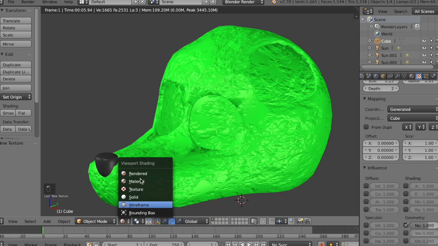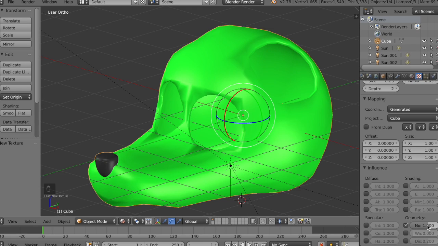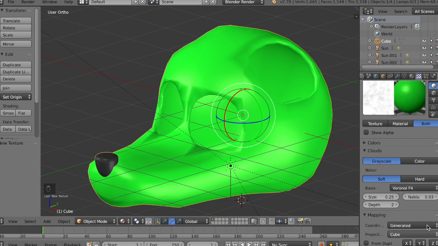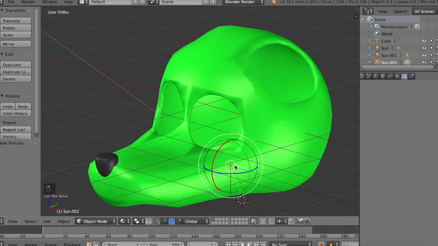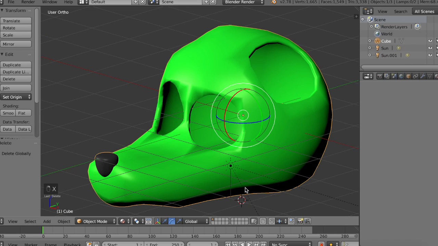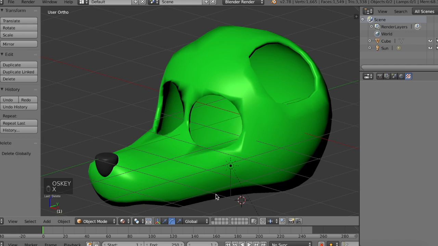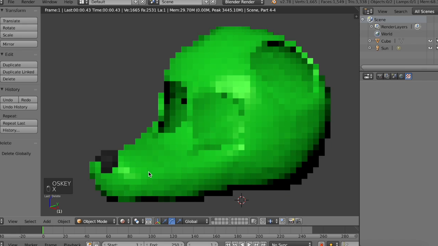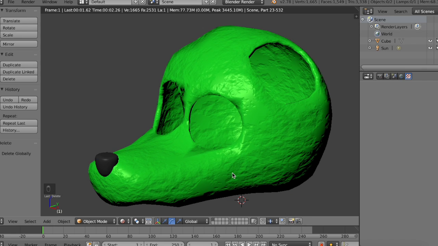I'm going to go back into material. And I'm going to make this a little bit lower. Let's get rid of some of these. And now we should be able to see the shape a little bit better. Okay. So this is what I'm just going to leave it at for a beginner